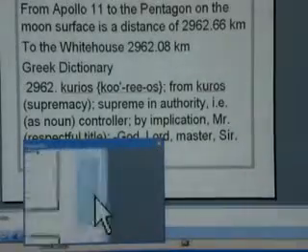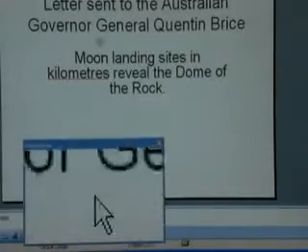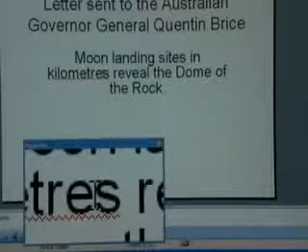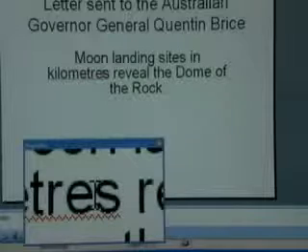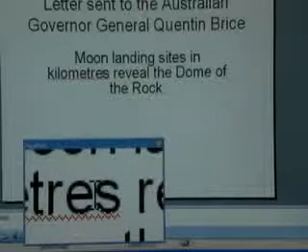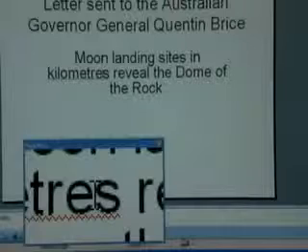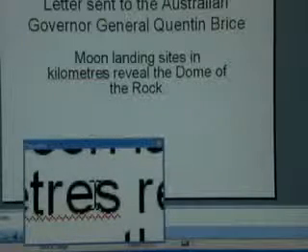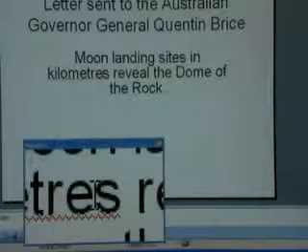Now we're going to go to a PowerPoint presentation, and we'll start with number 1. This is a letter sent to the Australian Governor-General, Quentin Bryce. I should add at this point in time that in the Houses of Parliament in Australia, half of the party has resigned in protest, and I have pointed out that they are trying to bring in the bullshit carbon tax to all nations. I've pointed out to the Parliament that there is no heating up of the Earth at all. It's all crap. So what we have then is the moon landing sites in kilometres